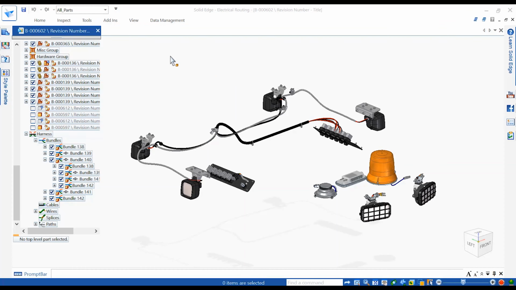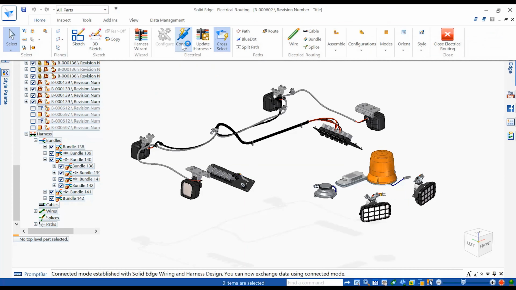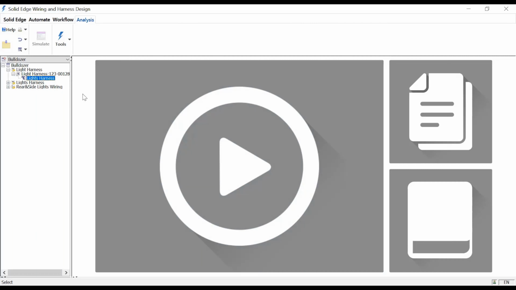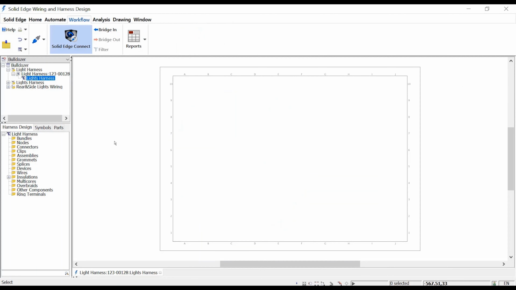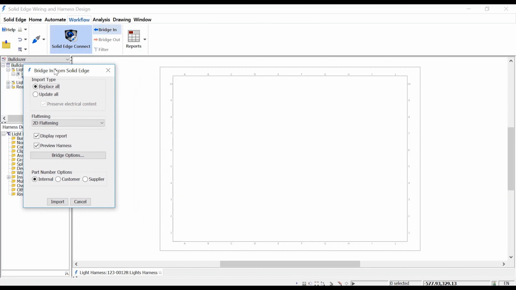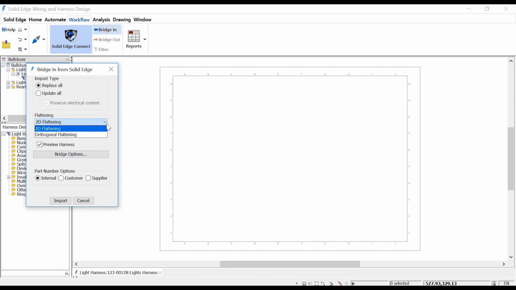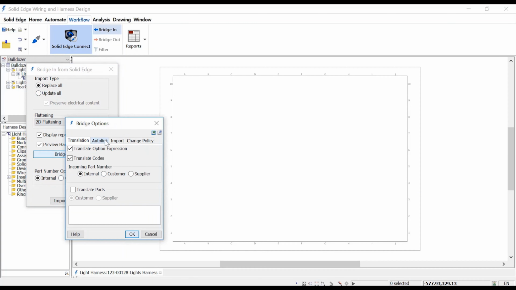Looking at a 3D harness design, a completed manufacturing drawing needs to be created before this harness can go into production. Using Connected Mode, this information can be bridged through into Solid Edge harness design to generate manufacturing detail. Various options control how the harness is flattened and brought through into the 2D environment, as well as whether names and